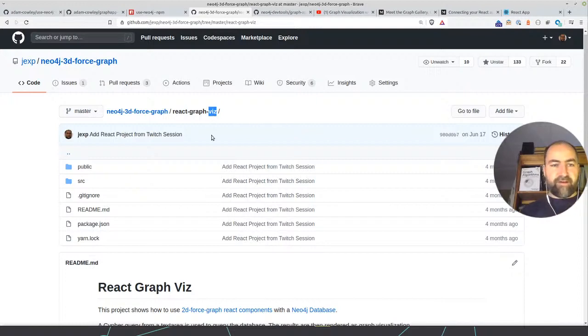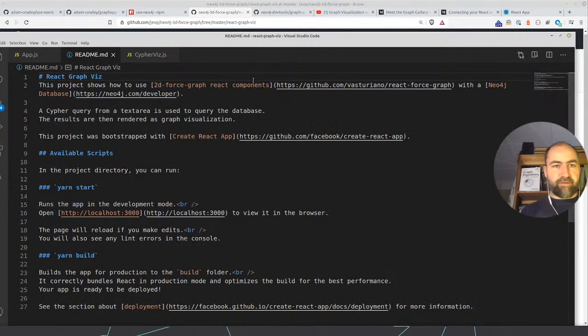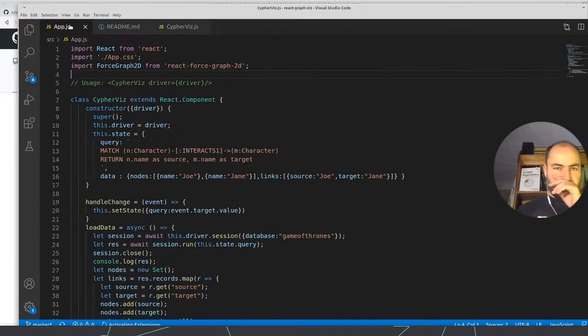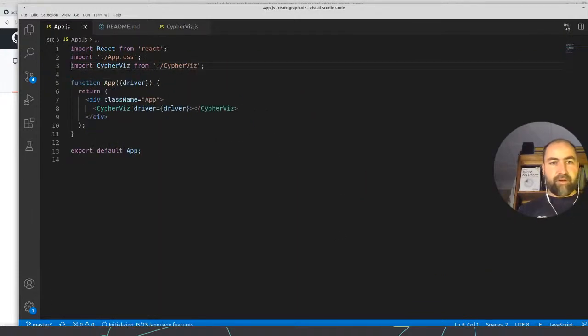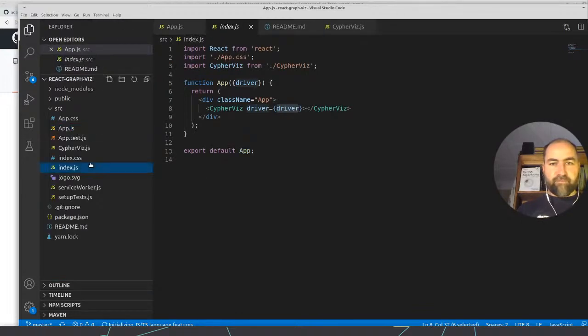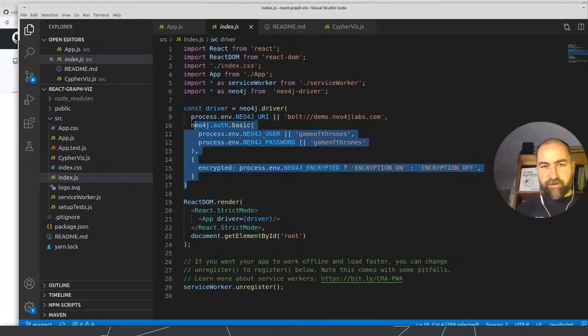So this is this app, and I just have it locally on my machine as well. If you look at this, I think this is this one. We have the app.js, so it's not TypeScript, it's an app.js here, and we get basically the driver from index.js, I think. So all the stuff we should be able to delete now. So let me be really brave, and I just delete all.